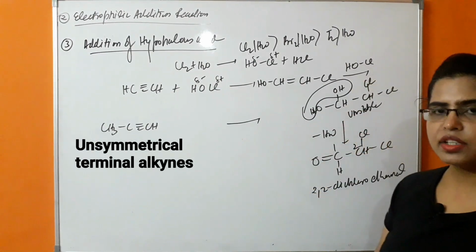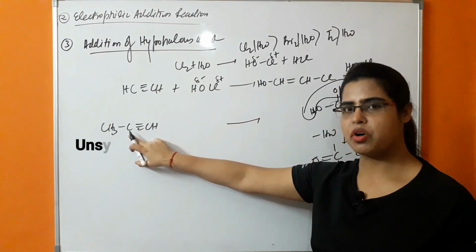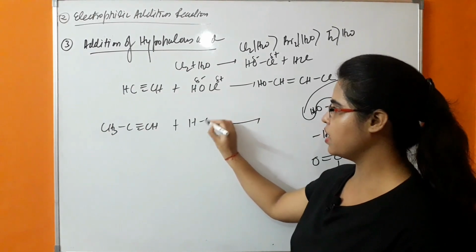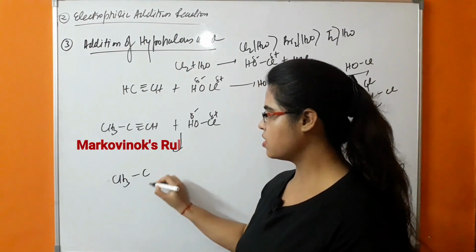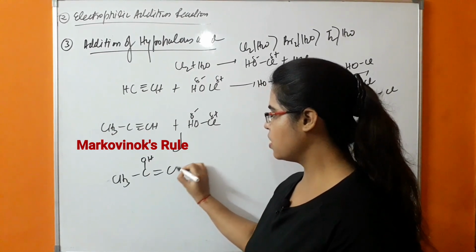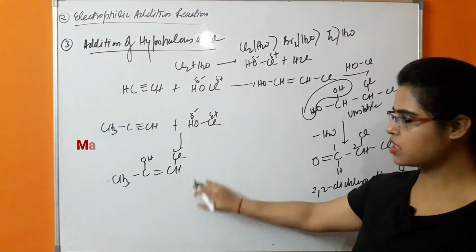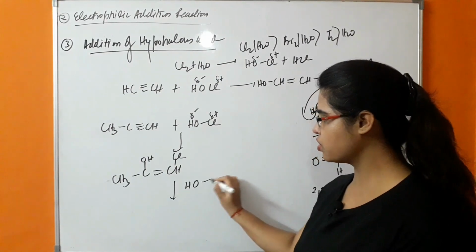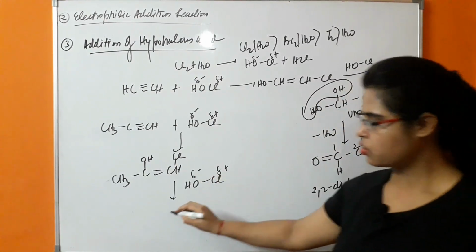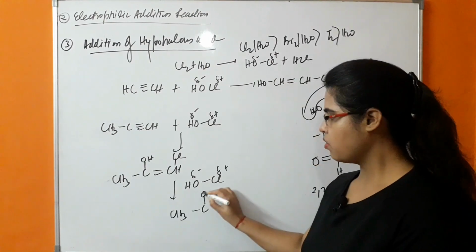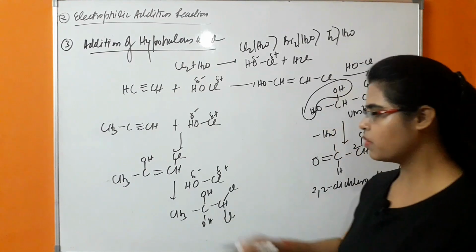The reaction will take place by following Markovnikov addition. It means the negative part of this reagent will attack the carbon which has less number of hydrogens. So what is happening in the presence of HOCl? There will be formation of CH3, COH double bond CHCl. Further this will react with HOCl, in which first of all the electrophile, that is Cl, will attack. So there will be formation of C(OH), OH, CHCl, Cl.